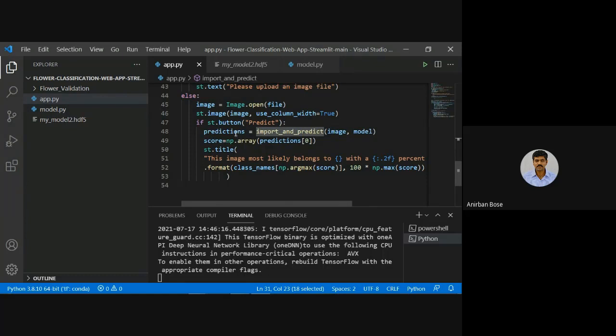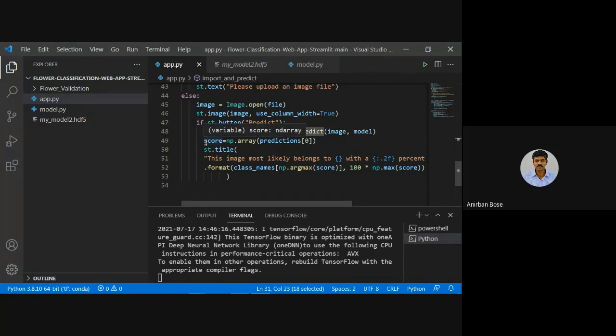Here you can see predictions is another variable where you pass the function we have just created, import and predict, and you pass the image and model. And then from these predictions, you have to convert it into an np.array, by prediction 0, the first element, the 0th element corresponding to index 0.